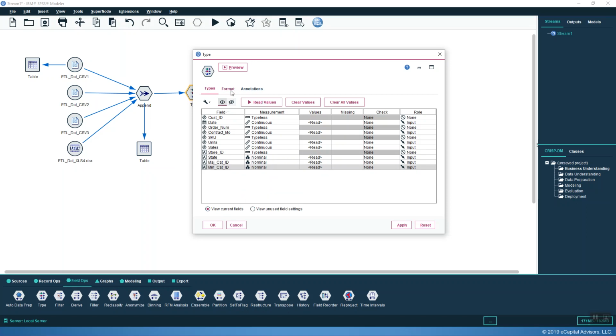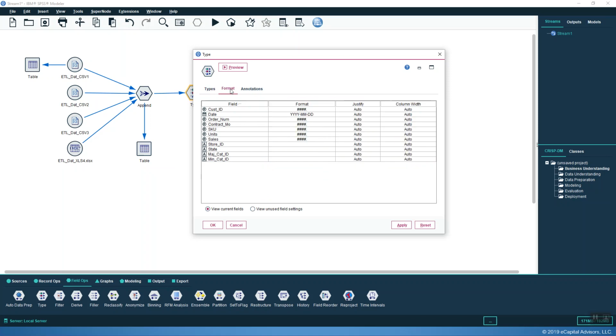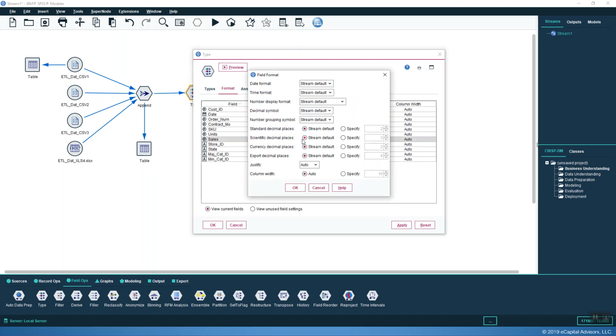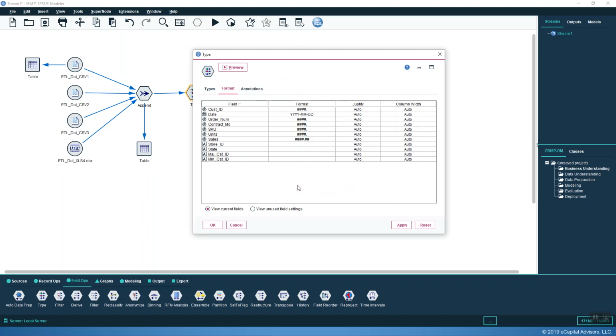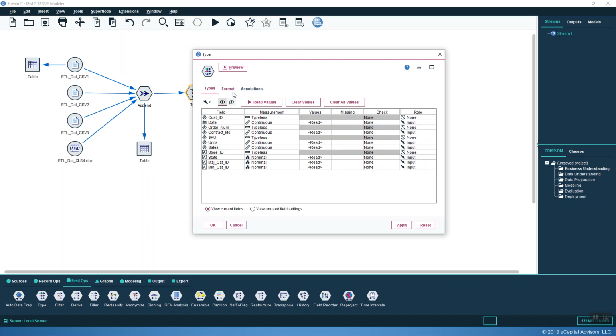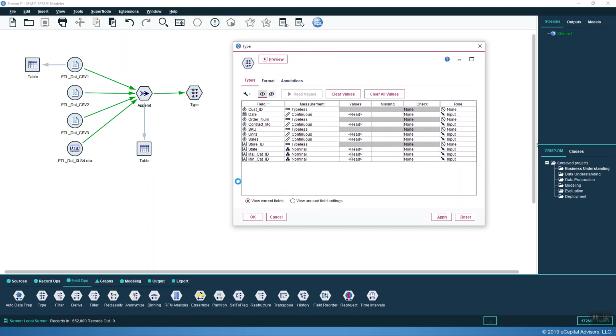Now, we also want to change, so the sales field shows 2 decimal places. So we can then go to the Format tab and go to the Sales and click on the Format. We can just double click right on that and specify that we want to see 2 decimal places. We can say OK, go back here, and then what we're going to do is we're going to tell Modeler to read these fields. And what this is called instantiating